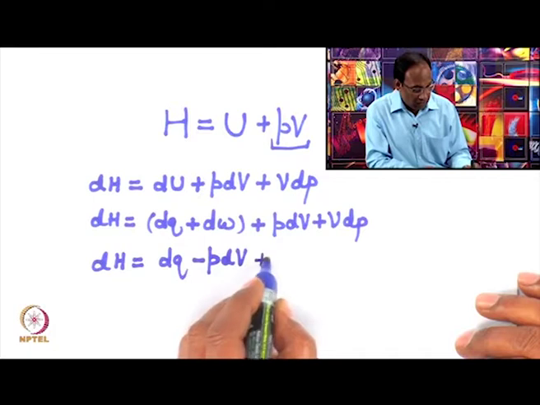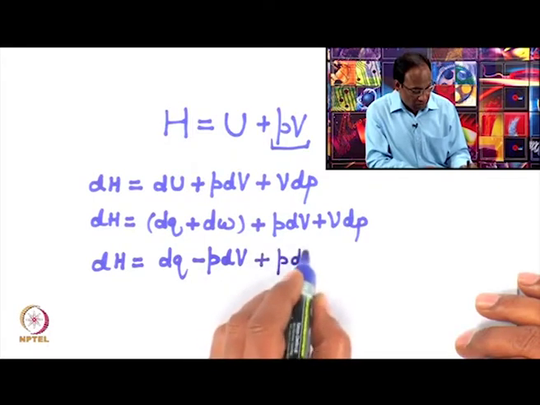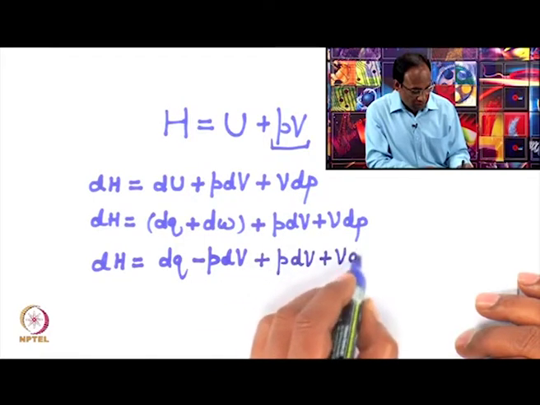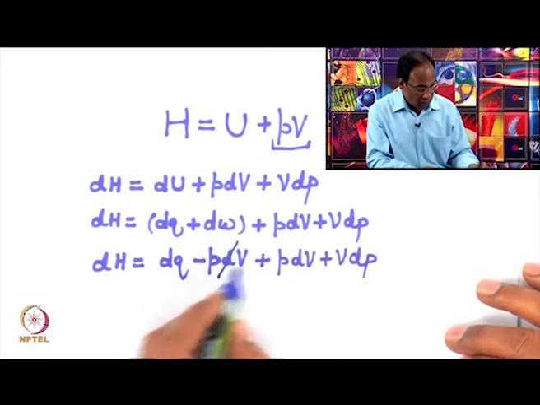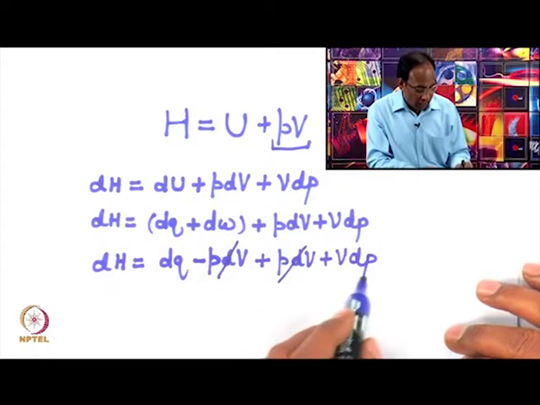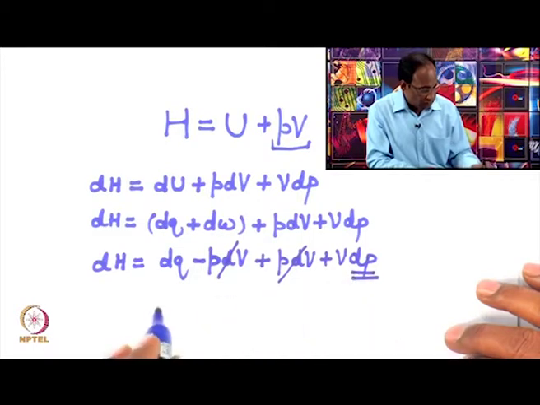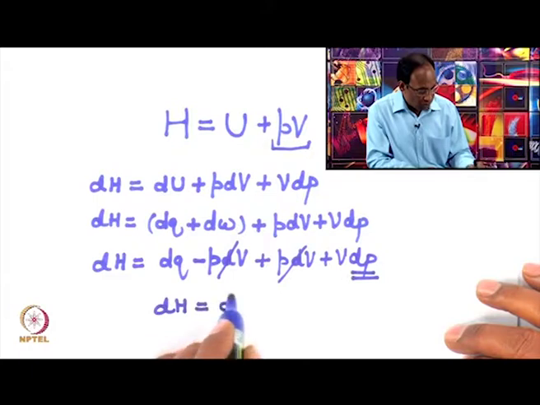So, in that case this equation becomes of this form, this and this cancel, and if pressure is held fixed, then dH becomes equal to dq at constant pressure,